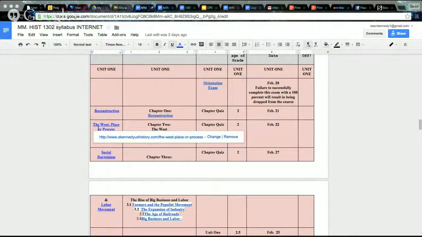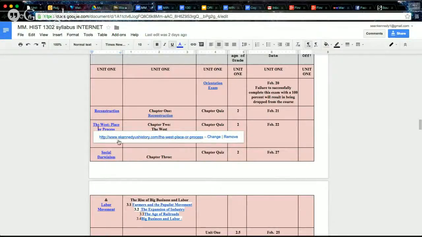Let's see if I can fix that real quick. There we go. Okay. What you should be doing this week is getting into the lectures and preparing your lecture essays for Reconstruction, the West, Social Darwinism, and the labor movement. You don't have to get all of that done within the first week, obviously. At the very least, you want to make sure that you have